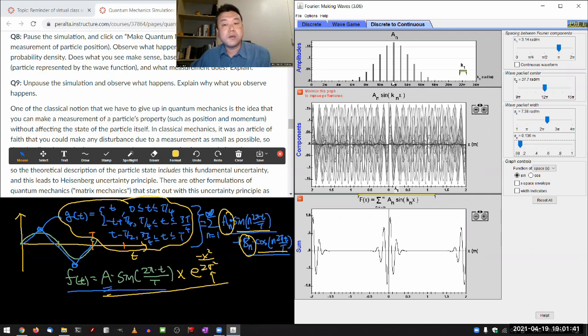So this is where you get a natural connection between the position uncertainty and the wavelength, or through the de Broglie relationship, momentum uncertainty. So I think that's probably as far as we'll get into Fourier analysis in this class,